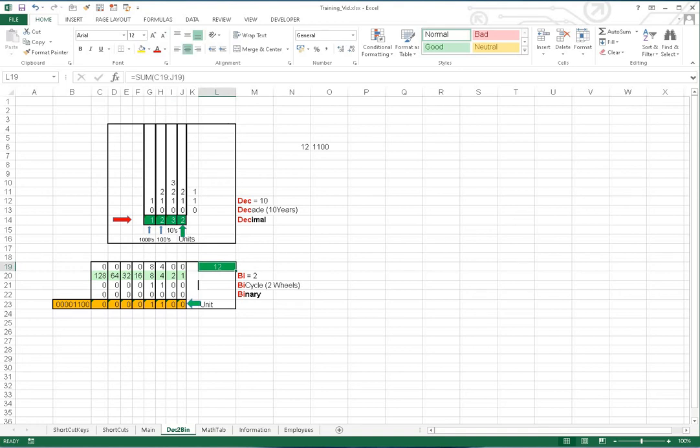So the decimal conversion is 12, but the binary number is 1100 binary. To go the other way around, let's use a different number. Let's put a 1 in here and a 1 in there. I get 30, and the binary value that I have is